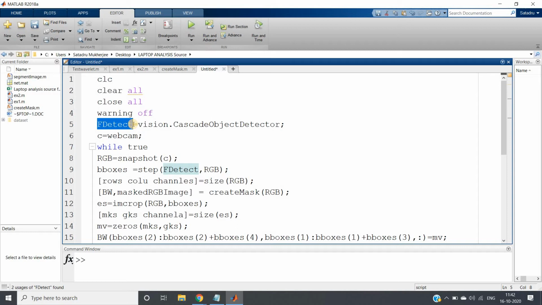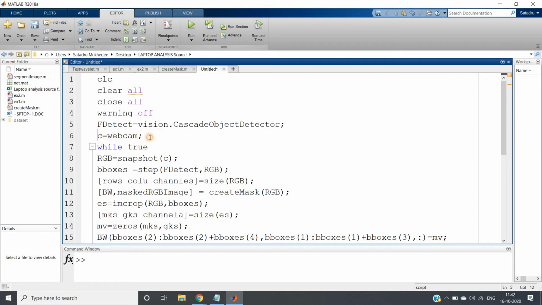So what we are doing here is, first we detect the skin color, which will detect both hands as well as face. Then we detect the face part using this F detect and separate it from that skin color segmented output.